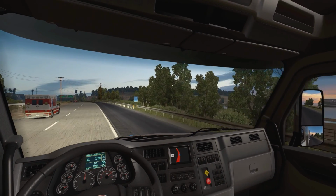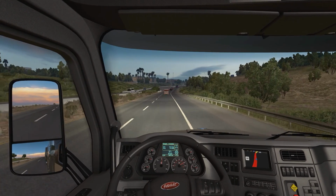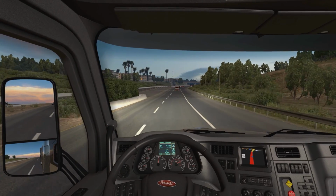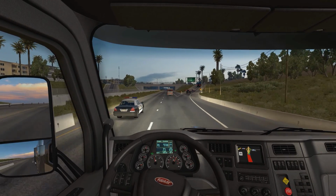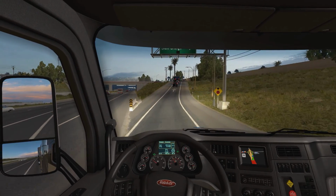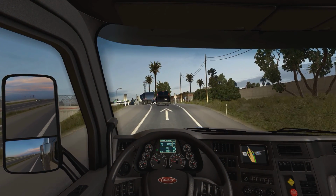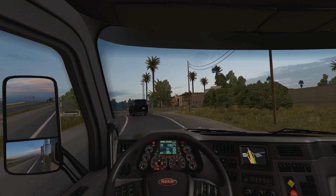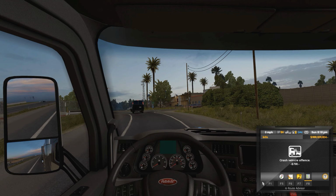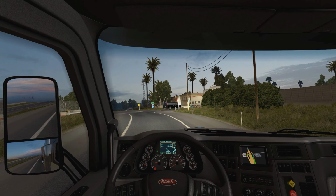Nice scenery here off to our right. Exit up ahead here, back her down. See if we can't kill it up the hill. Uh-oh. Oh, no, oh boy. Killerino and crash. Like I said, I'm still kind of getting used to this G27, so...